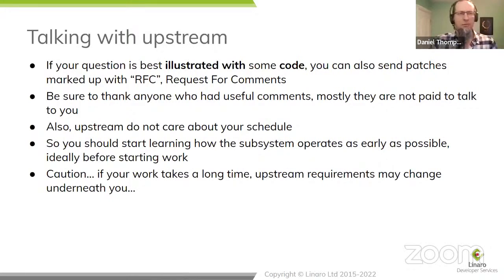There is the usual reminder that upstream do not care about your schedule. So asking how I can get this in before 6.2 is unlikely to get you very far unless it is a critical bug that you are seeking to fix and you are trying to protect people from it. If it's a new feature, there is no real prospect of anybody engaging with you in a discussion about schedule. What that means, the issue with scheduling, basically means start work as early as possible. The best way to be on time is to start early.